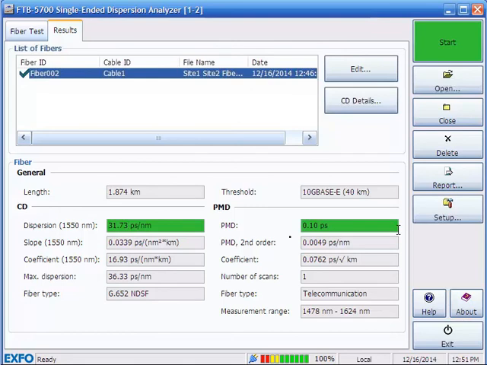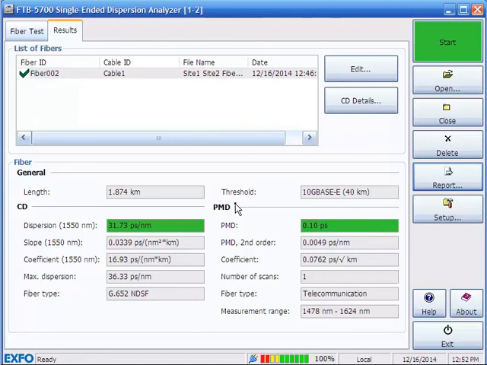And that's it. It's fairly simple single-ended CD PMD testing in the FTB 5700 single-ended tester within the FTB 500